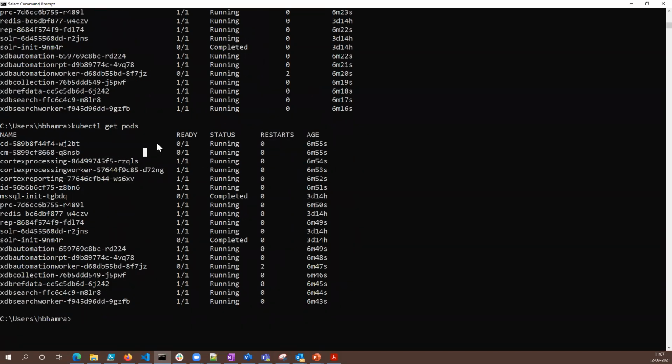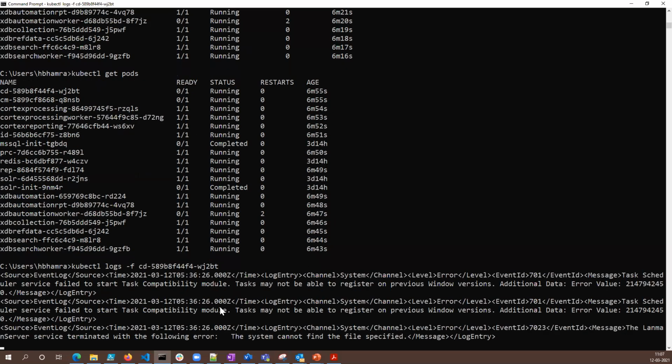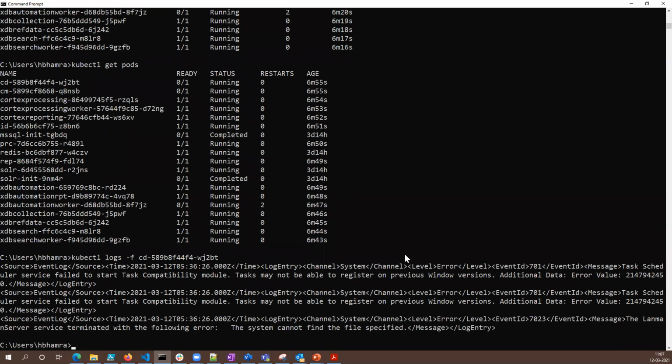So at least the pods are up. We should be waiting for the containers. Let's just pick up this one and see what's happening with it. When you see this in Kubernetes, it means that Sitecore is not really initialized. If you have the patience and wait for about a minute or so, you will see the CD come back eventually. Similarly, if you check the CM, you'll experience the same thing.